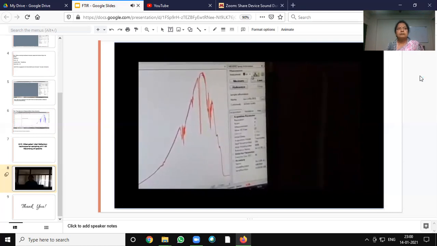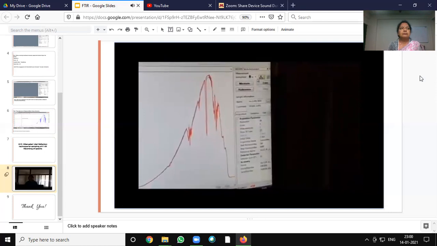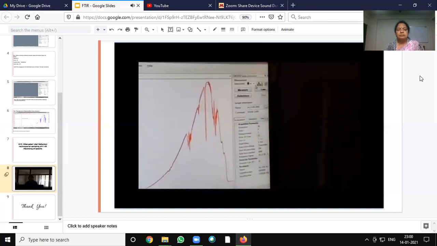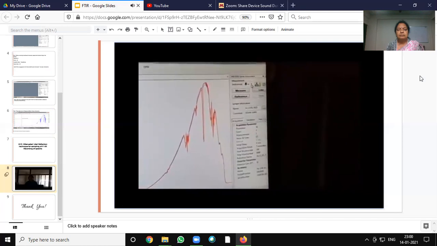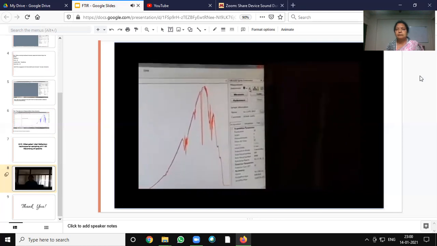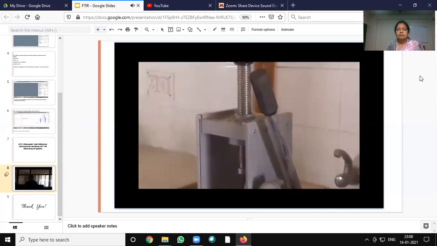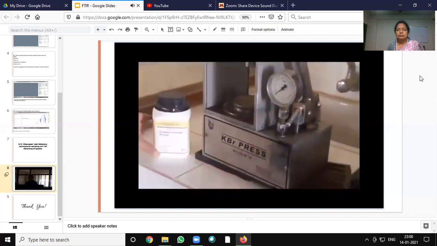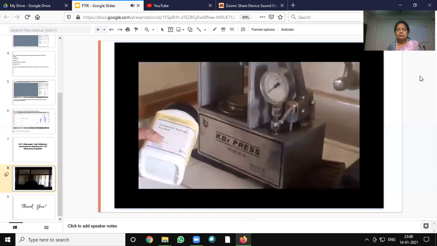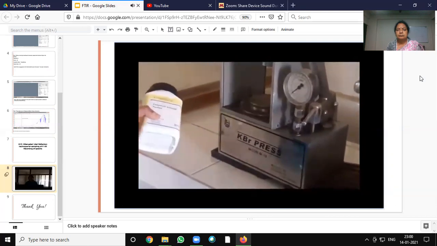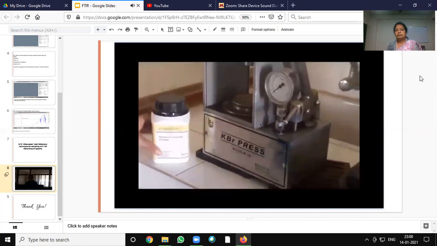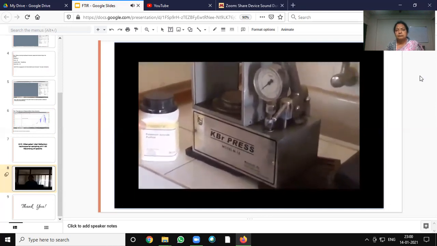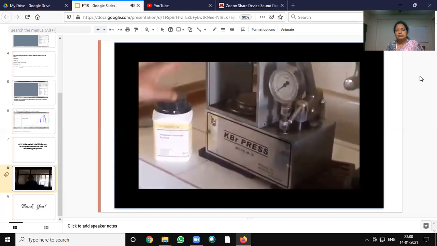ATR is a different technique to measure infrared spectroscopy. Earlier we had seen preparing KBr pellets. Earlier we were using potassium bromide as an analytical grade, a small quantity of potassium bromide and then the sample, which is ground, and then we prepare the pellets.